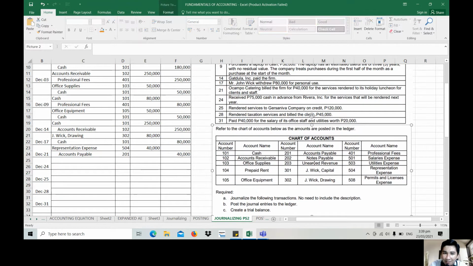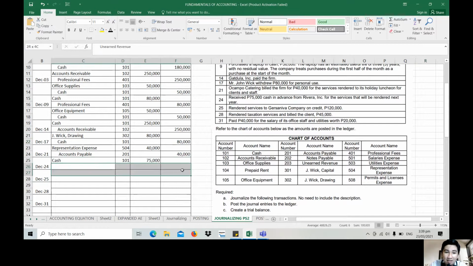Okay? Kasi hindi mo pa naman yan naipon or na-earn kasi nga wala pa tayong na-render na service. Next year pa. So therefore, naka-receive tayo ng cash, debit tayo cash, pero ang credit natin is a liability account and that is unearned revenue. Okay, yan yung sinabi ko kanina na may mga nag-a-advance payment sa atin pero hindi pa naman nare-render yung service. So hindi dapat agad-agad natin